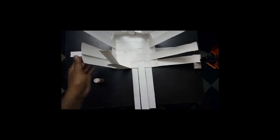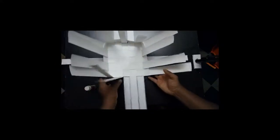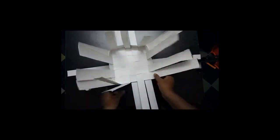Yeah, now see, it started to take the form of the basket because all these papers are standing now. Now we have to weave the paper around this like this. This is our first one. You can see I kept this paper in the side position. So now we have got a short paper of this. See here, this much paper we did not get. We have finished. So simply what we can do,